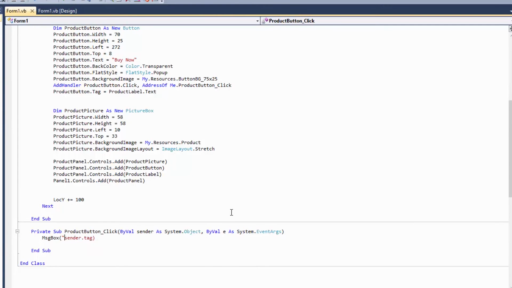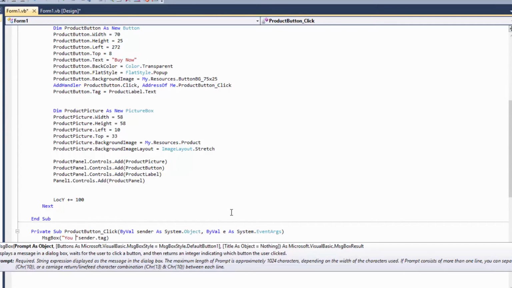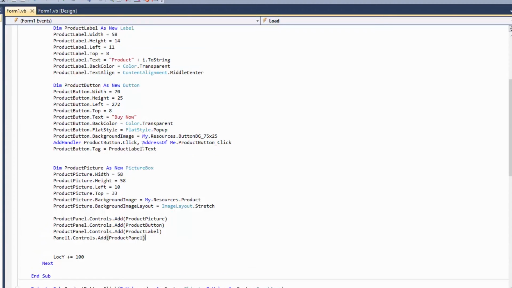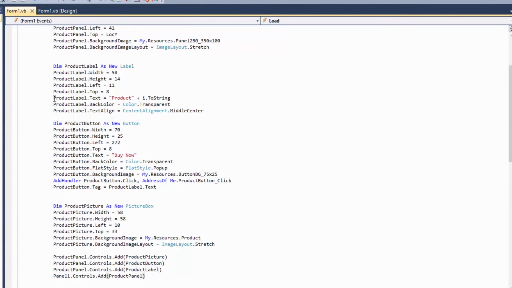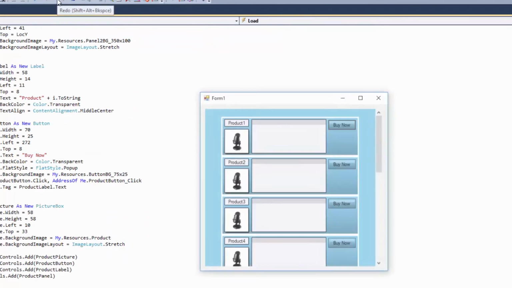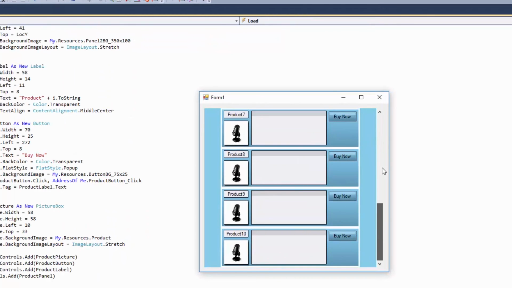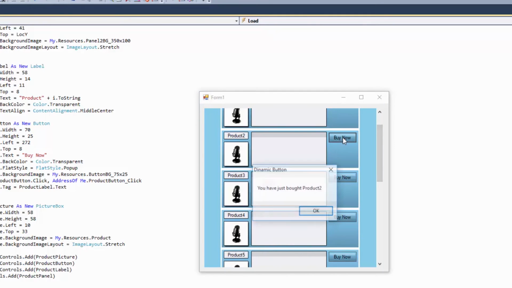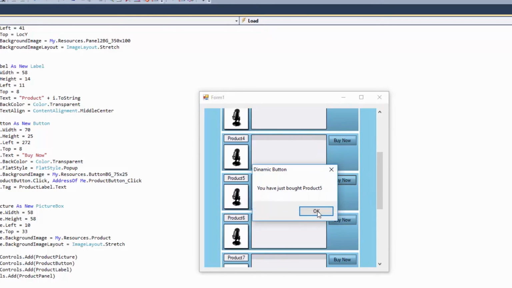Alright, and then we're gonna say first, "You have just bought", and then space and then plus. So you have just bought the product name, which is coming from this tag, which is our label name, which is coming from the dynamic label. Yeah, let's just hit play and see how this is working. So there is our final product, and if I want to buy Product 2, I click on Buy Now, and you have just bought Product 2. You have just bought Product 5. So yeah,